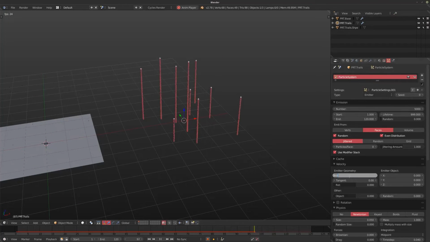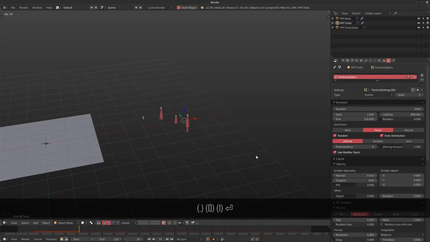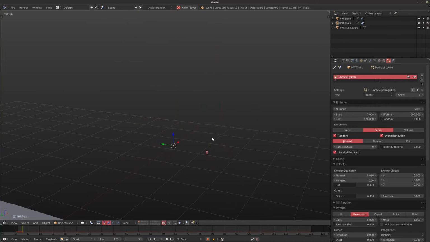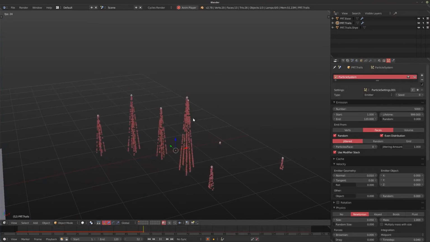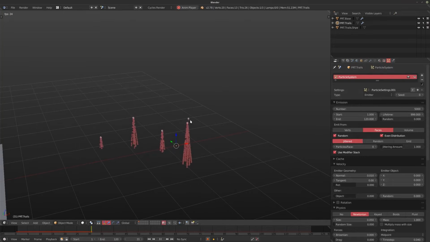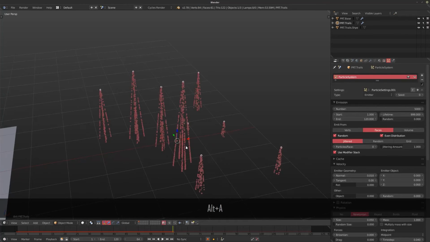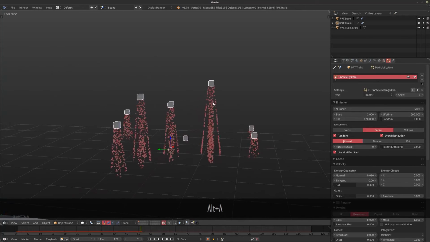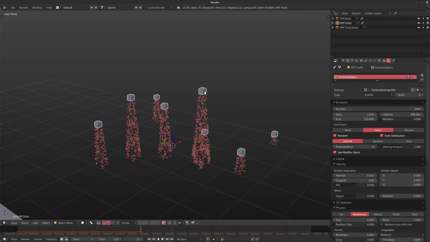So what I'm going to do, I'm going to add just a tiny bit of geometry. And as you can see, this is splitting up into about 4 or 5 different trails, and this is because we have particles moving from the cube itself. So if I were to scale this back up again to show you, we have particles emitting from each side, which means we get these 4 sort of separate trails because we have these polygons here.